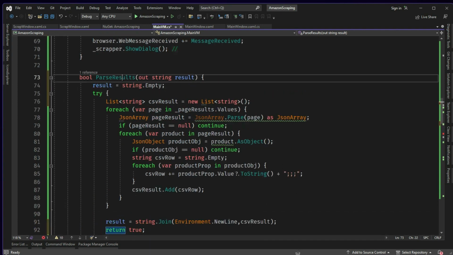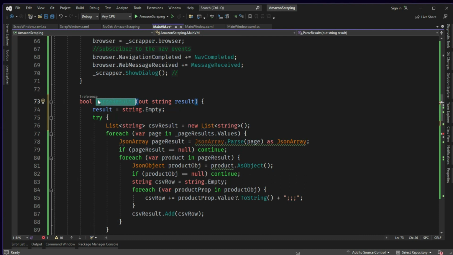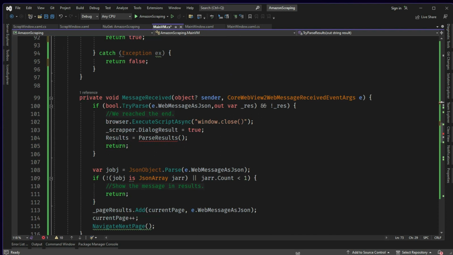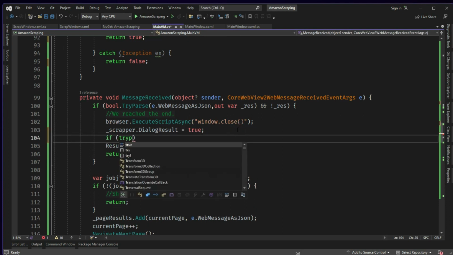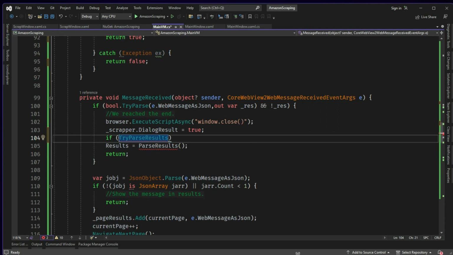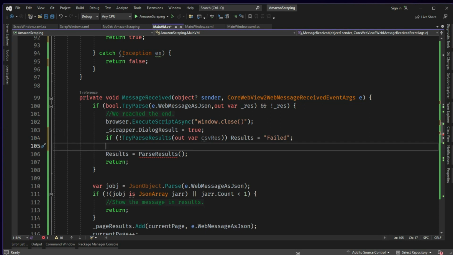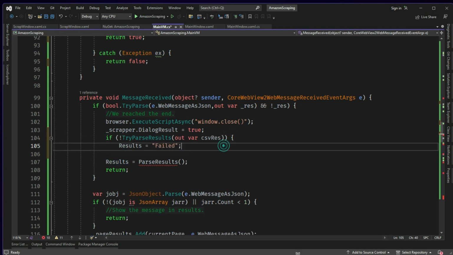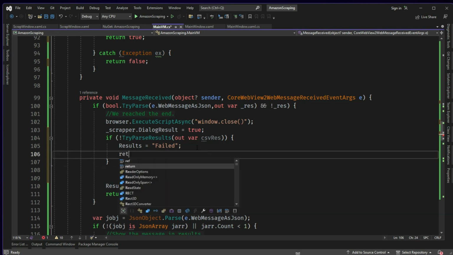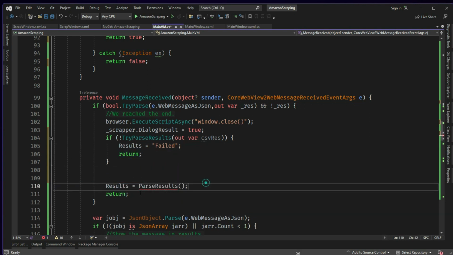Okay, so now we can call it TryParseResults instead of ParseResults. If not TryParseResults, with out variable CSV res, then results is equal to failed, and also return the page out. Don't process it any further. Return, or else results equals